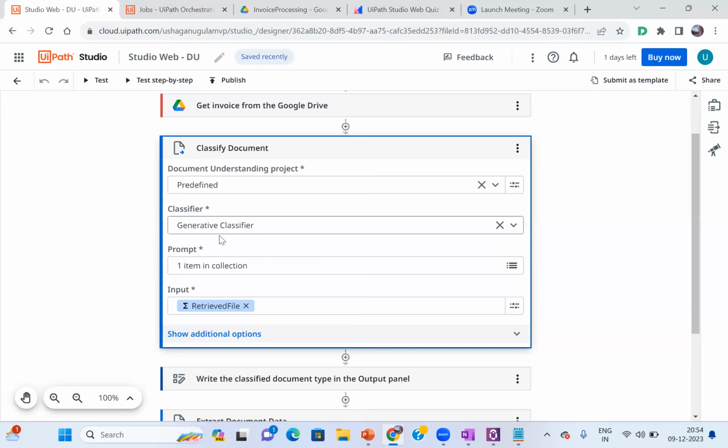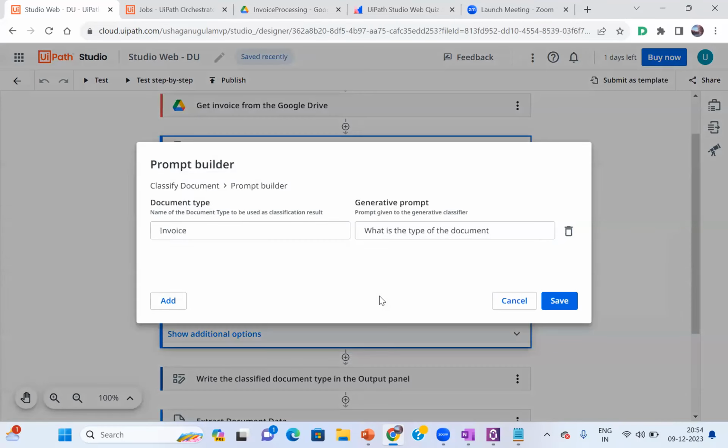Okay. So here, the classifier type has to be selected as a generative classifier. The moment you select the generative classifier from the drop down, it gives you a prompt. So what this prompt says, it has the key value pair. In the key, I have mentioned invoice and I'm asking a GPT, what is the type of the